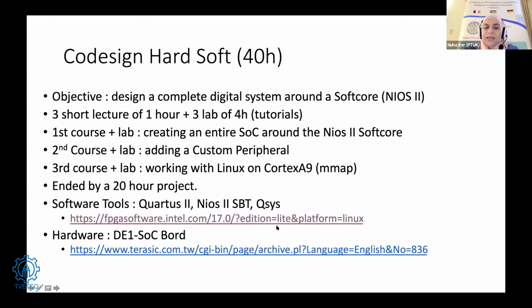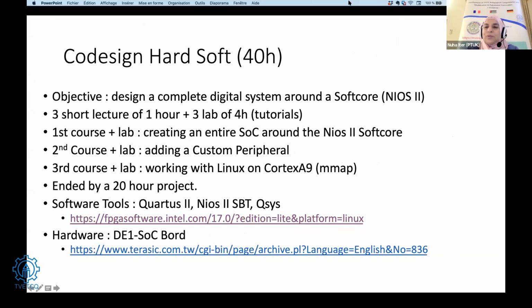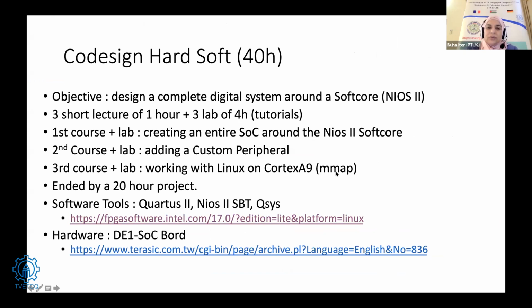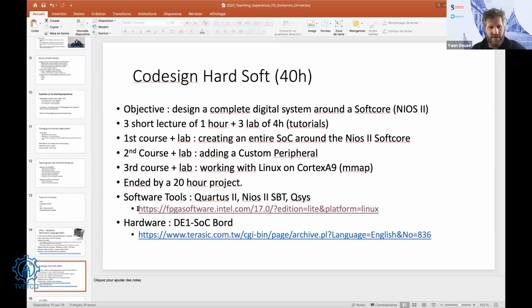Prof Yann, can I ask you to copy and paste in chat these two links? Sorry? Copy and paste in chat. Okay, okay. But at the end, I can give you my presentation also. But sorry, I will copy and